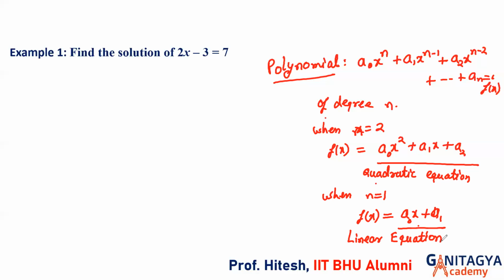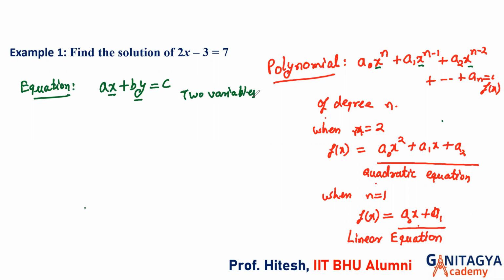Please write it down and let me know when done. So our chapter name is linear equations in one variable. What is the meaning of variable? See, in this complete equation only x is there, so this is called a variable, and this is only one variable. If the equation is like ax plus by is equal to c, here there are two variables, x and y, so this is called two variables, and the variables are x and y.